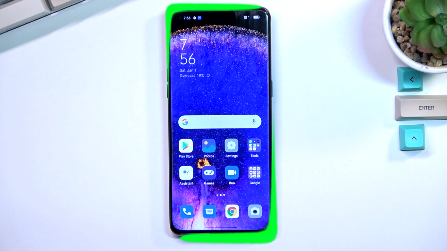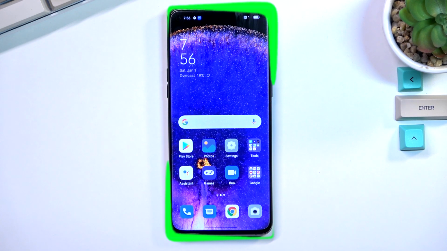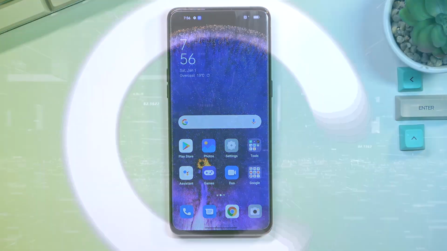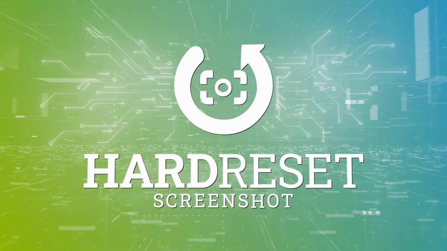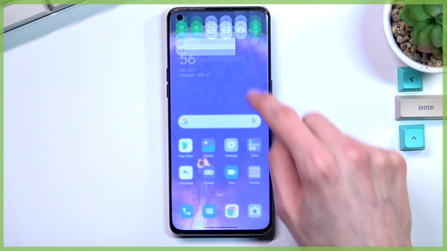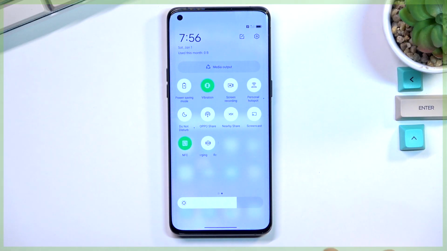Welcome. In front of me is an OPPO Find X5 Pro, and today I'll show you how you can screen record on this phone. So anyway, let's get started by pulling down our notifications and expanding it and looking for the toggle for screen recorder,